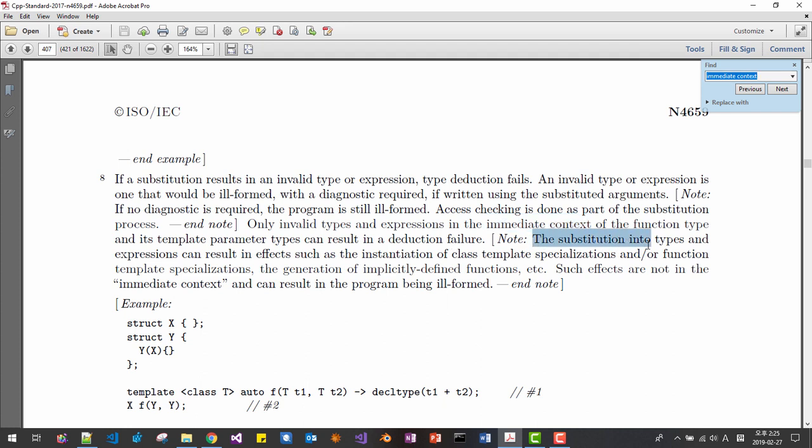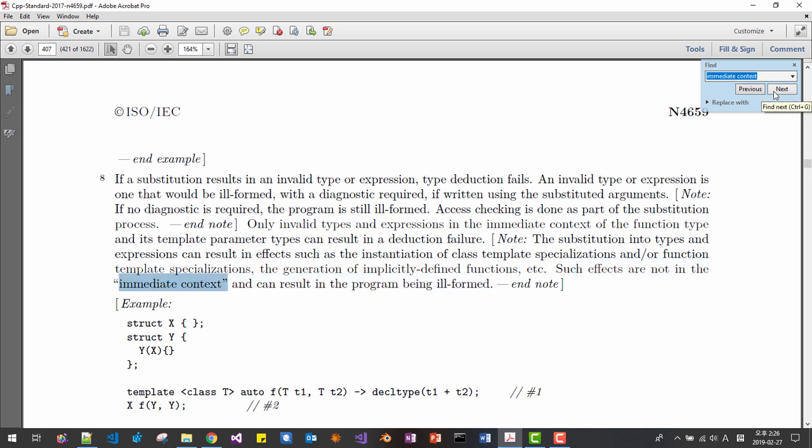The substitution into types and expressions can result in effects such as instantiation of a class template specialization or function template specialization, then the generation of implicitly defined functions, etc. Such effects are not in the immediate context and result in the program being ill-formed.